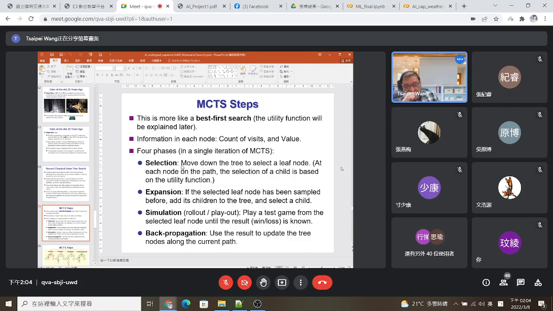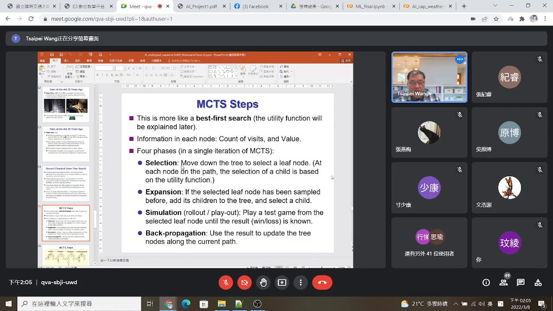Yeah. But the leaf node is not the terminal node. So you have to go from there and try to find a path to a terminal node. That's why this search has two parts. The first part is in the tree, and the second part is after the leaf node, the rest of it until the terminal node. So the first part is seen in the